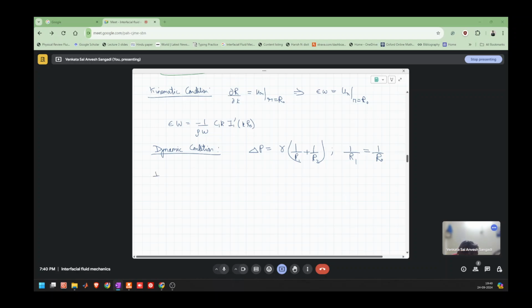Then 1 by R2 is given by epsilon k square e to the power omega t plus i k z plus i theta. Then P(R) at R equal to R naught is equal to gamma epsilon e to the power omega t plus i k z plus i theta,